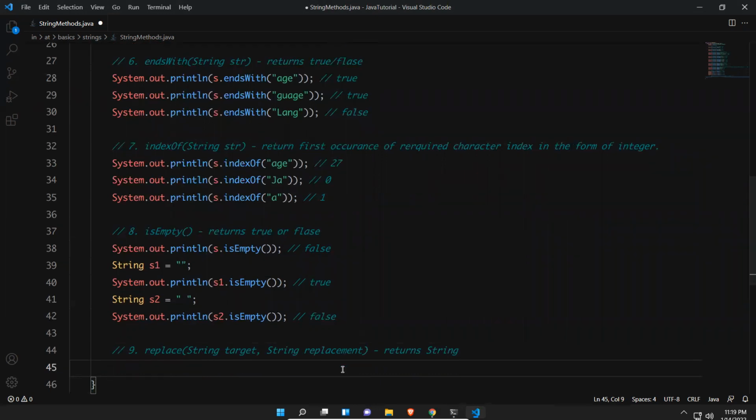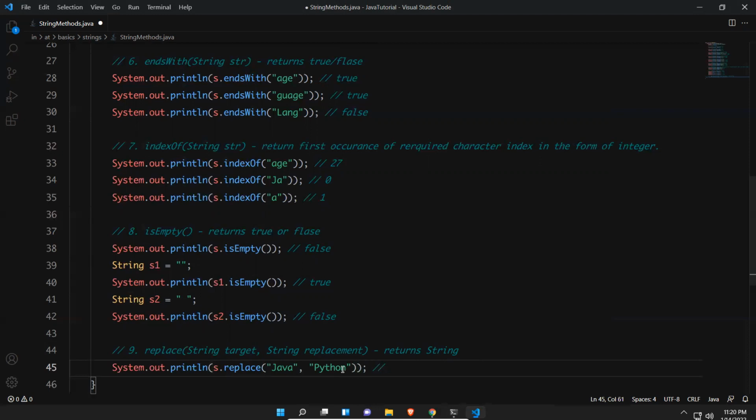So now what I'll do, System.out.println, s.replace. The target is, I'll say Java. I want to replace this Java with something else, so let me take Python.